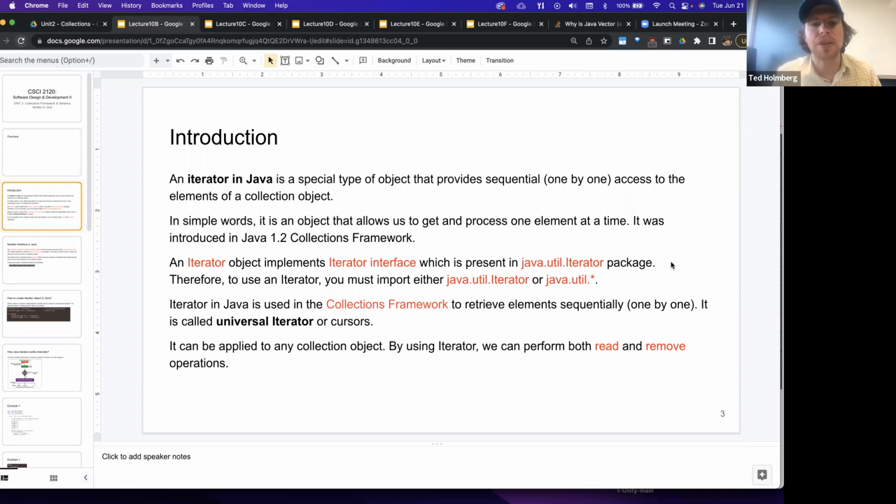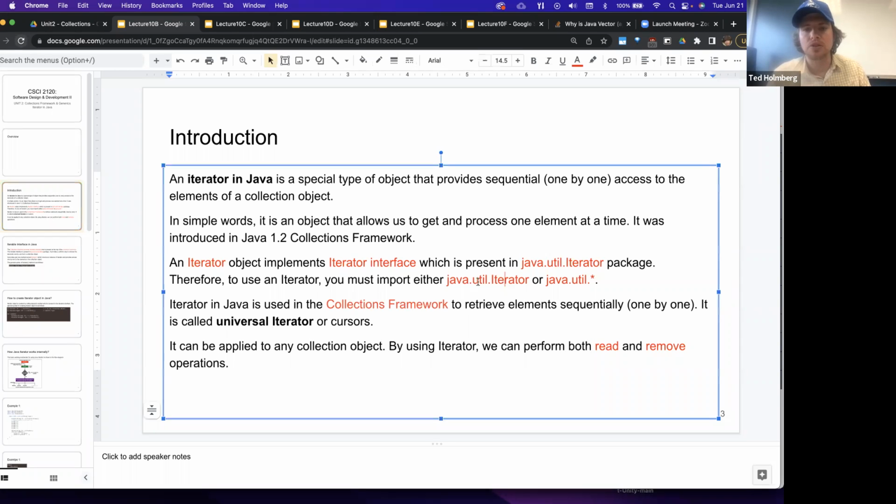Like we said, all of the collections framework stuff is located inside the java.util package. So when we go to import the Iterator interface, we could either do it via java.util.Iterator, or we could do it as java.util.star. Typically, it's better to use the more direct approach, so that way you know exactly what classes you're importing into